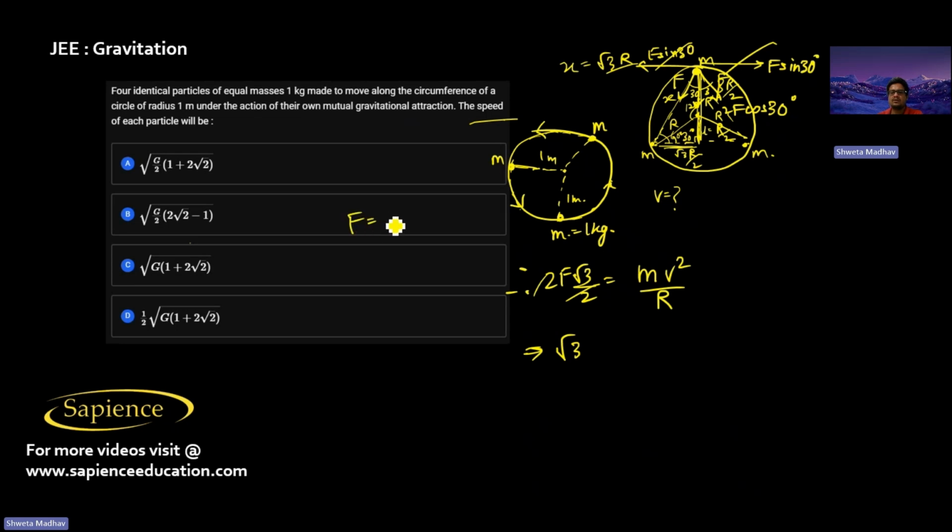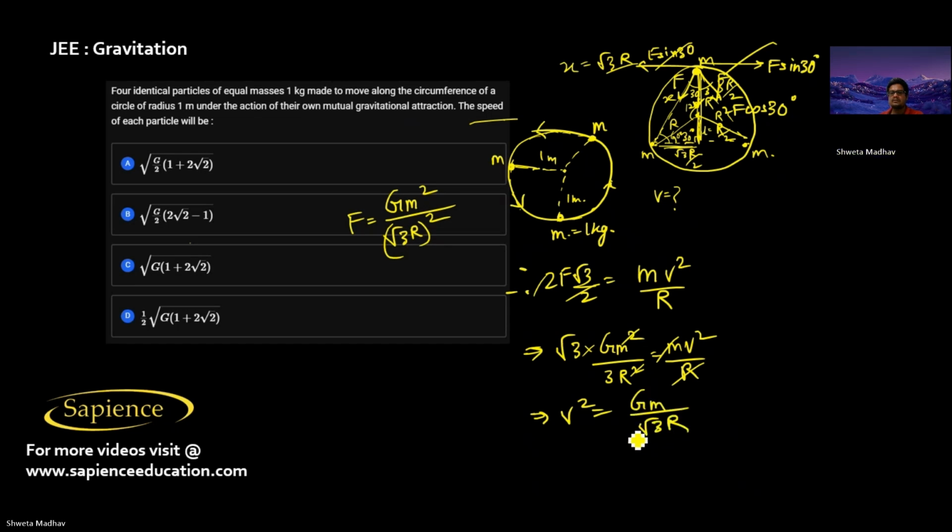So F will be equal to G m square by x square, where x is root 3R. So root 3R whole square is 3R square. So root 3 into G m square by 3R square is equal to m v square by R. R will get cancelled, m will get cancelled. So v square is Gm by root 3R. So v will be equal to,